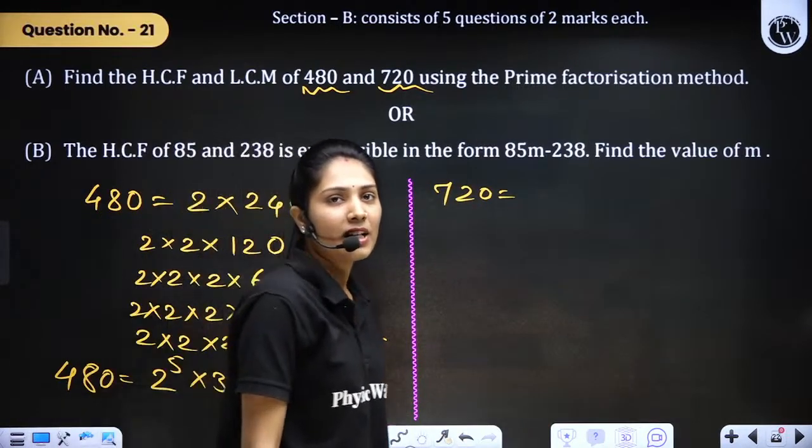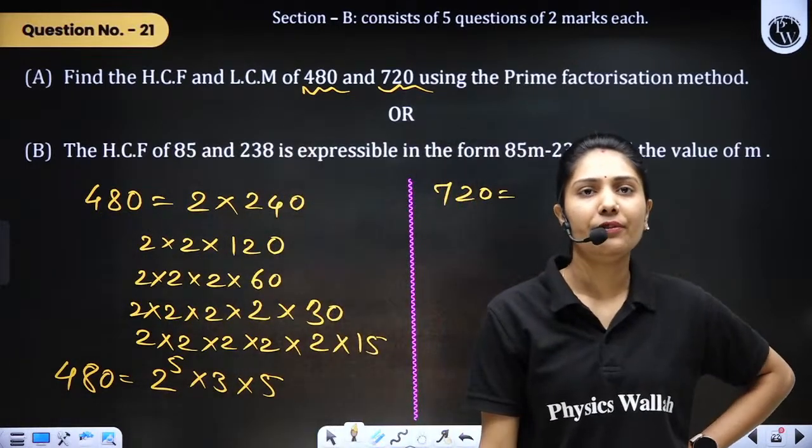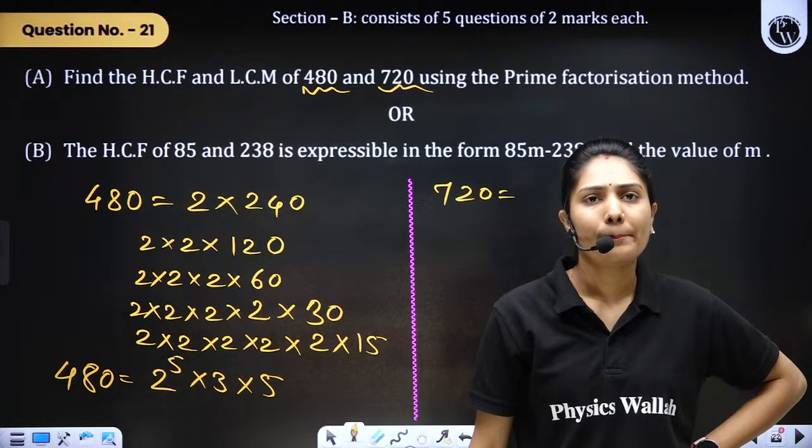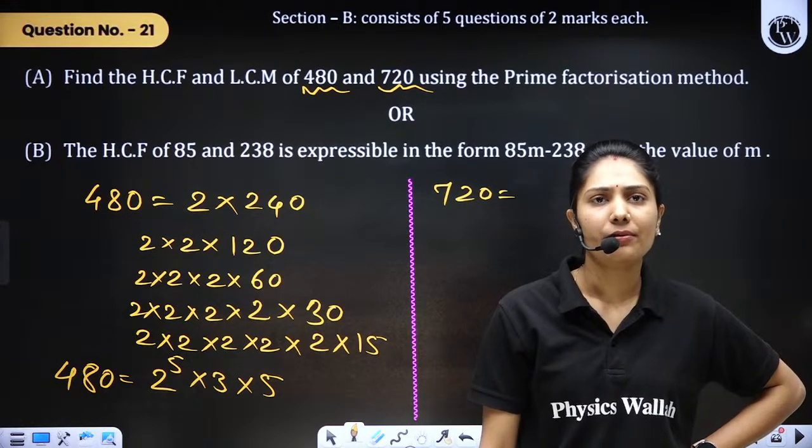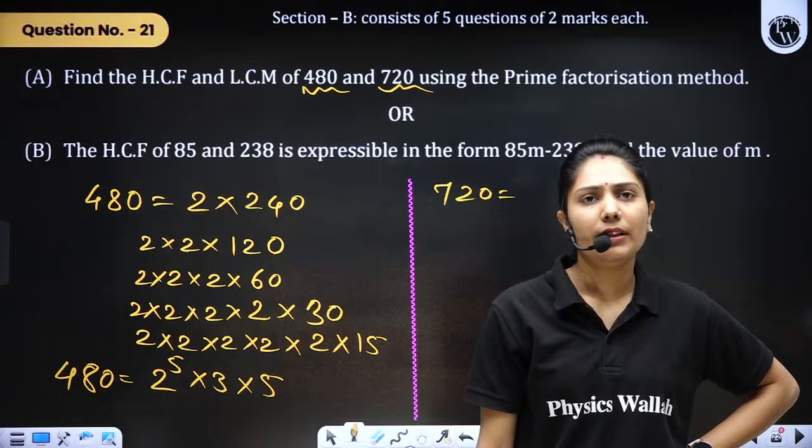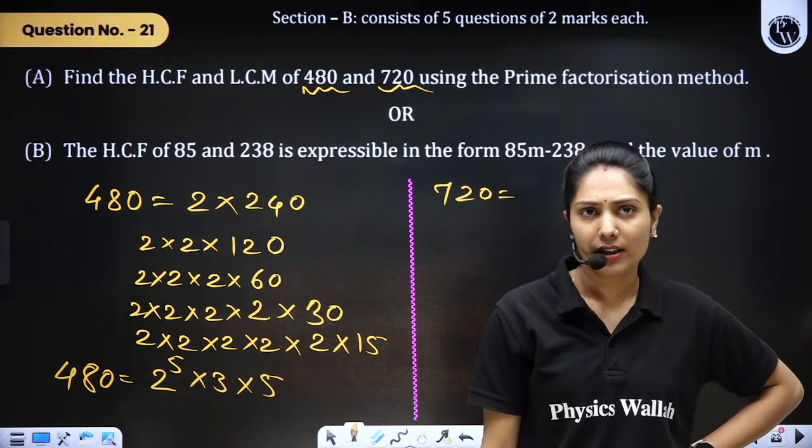2, 2, 2, 2, 3, 5. 1575. Triple 5 times 2. Okay,